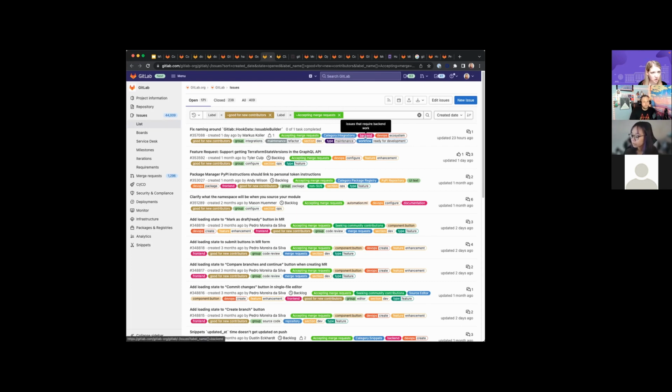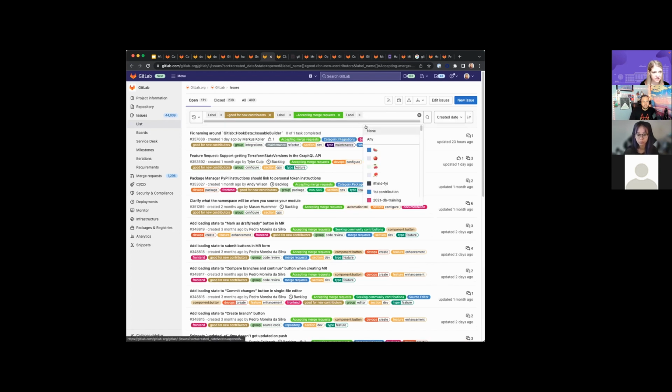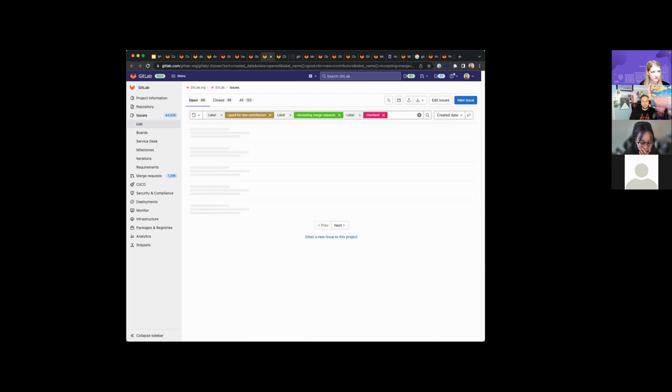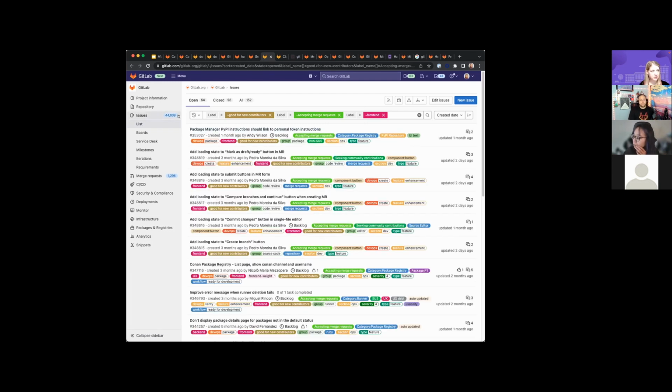You could do issue is not backend, right? Yeah, we could do is not backend, or we should be able to do front end. Yeah, front end, there you go. So if we want to take a look at some of the UX stuff that's out there, you can see there's 54 open issues